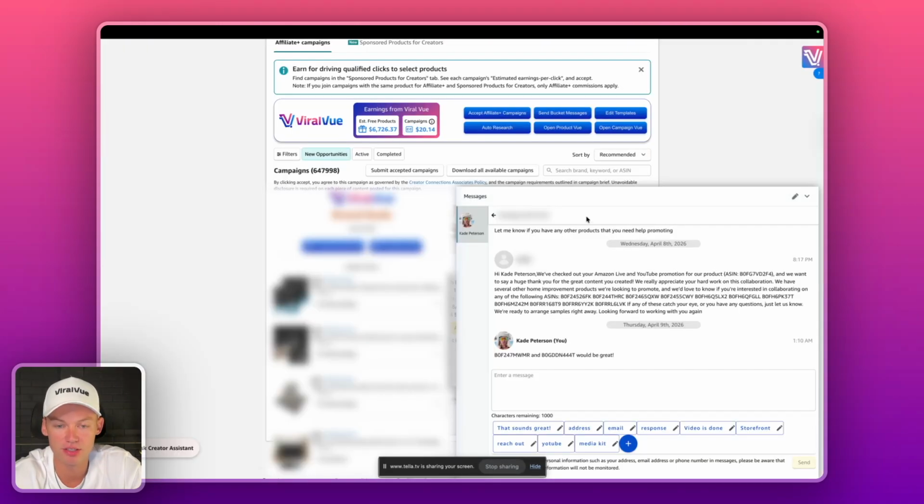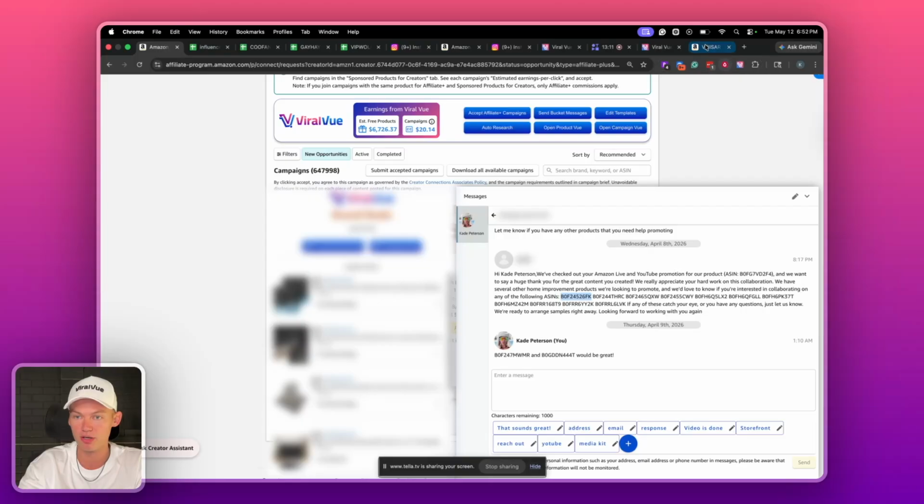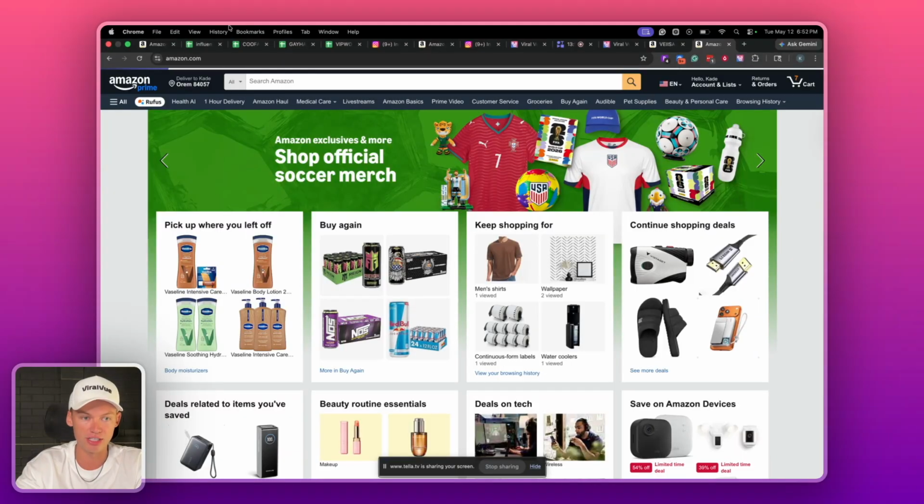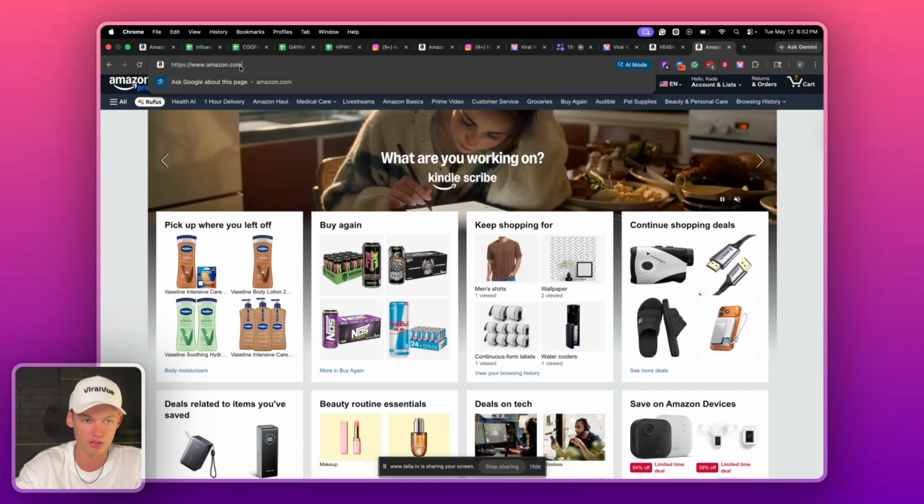And then lastly, in creator connections, a lot of times a brand will say, hey, what do you think of any of these products? And they send a bunch of ASINs. The amount of time it would take for you to go in and manually copy each one just to look at what the product is, not even doing research, let me just show you what that would look like since this is the long form version. You would come to Amazon. You could search the ASIN, but sometimes that doesn't work. So you would go